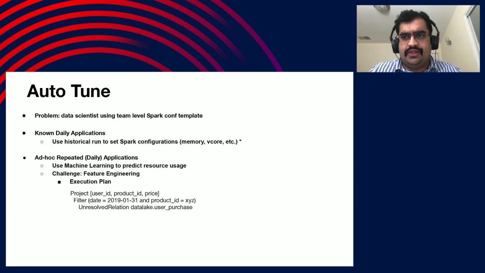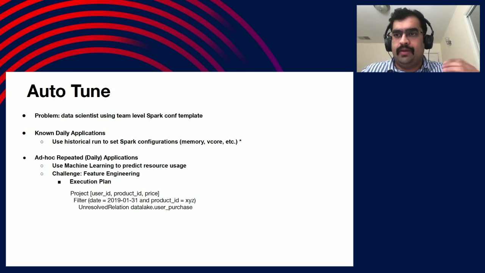The problem which we noticed is they actually don't need that many executors to run all those queries. Only a couple of queries need that many executors. So in order to save money for the company, we looked at the historical pattern of those queries and analyzed: when they specify, let's say, 500 executors with 16 GB memory, do they really end up using that? If not, then there is room for improvement.